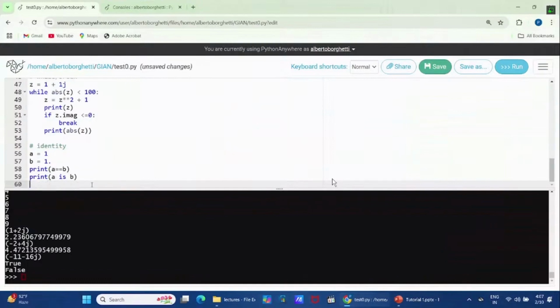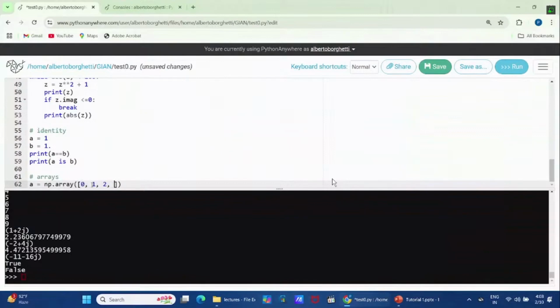And I would like to say something more about the arrays. So we have already introduced the arrays with NumPy. We can say A equal to np.array, and then open and close the parenthesis. In this case, I will put not a matrix, but just a vector of 0, 1, 2, 3. And then I would like to print